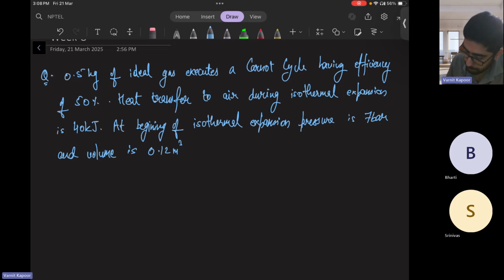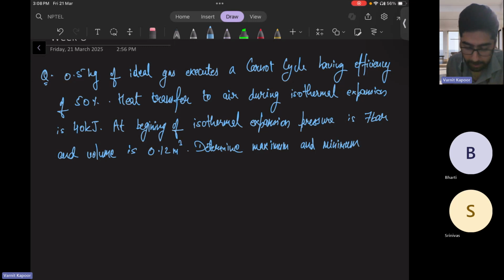You need to determine the maximum and minimum temperature of the gas in Kelvin,